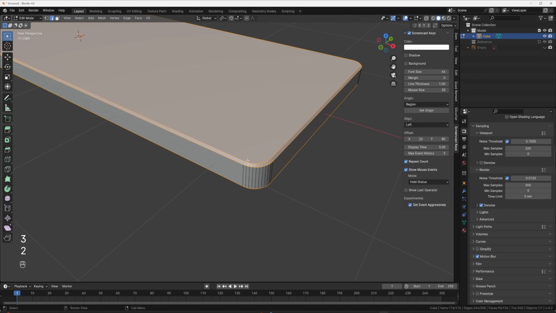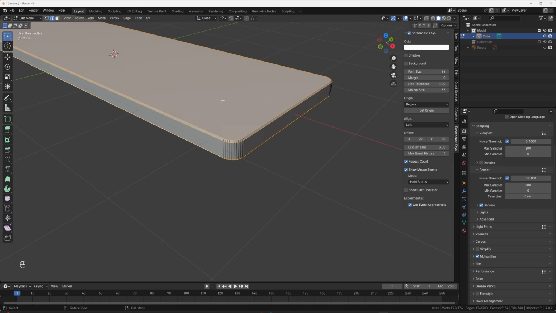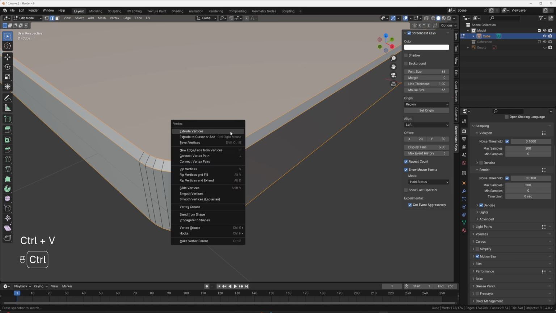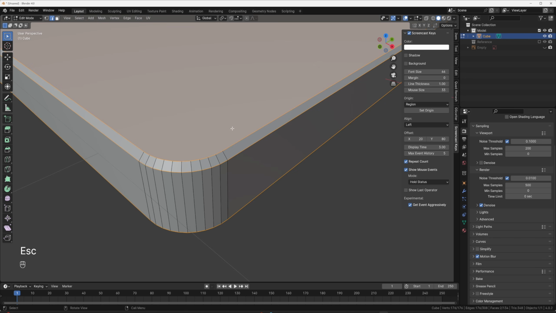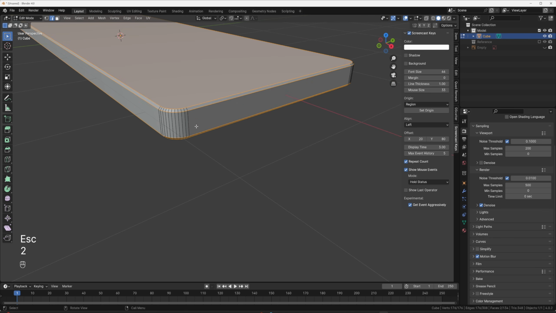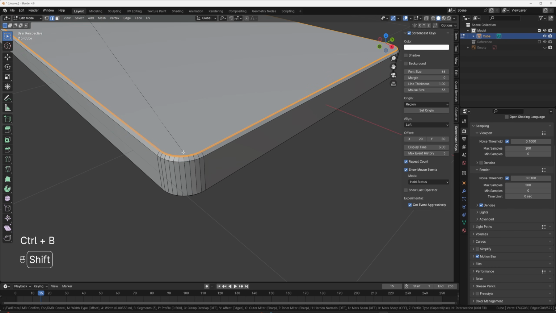And the next thing I'm going to do is click 2, Alt. I want to grab each of these and don't want them to be perfectly sharp. So then I'm going to zoom in on them, and I'm also going to give a Control B bevel here. You don't want the amount to be very much. This is not acting how it's supposed to. So let's just do them one at a time. So Alt, Control B. There's a small one here.